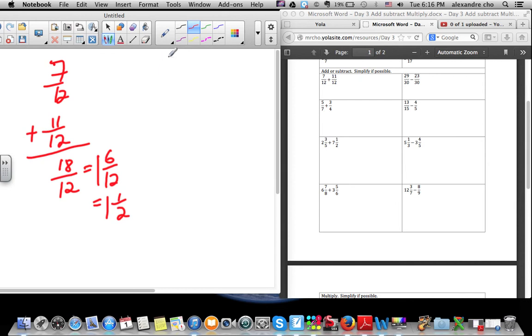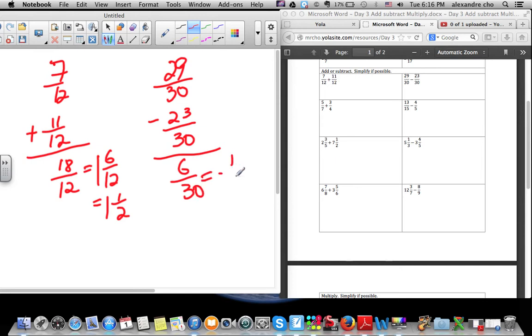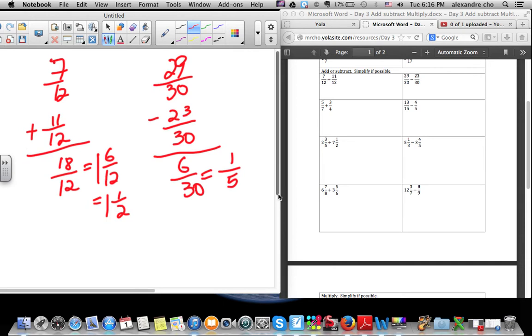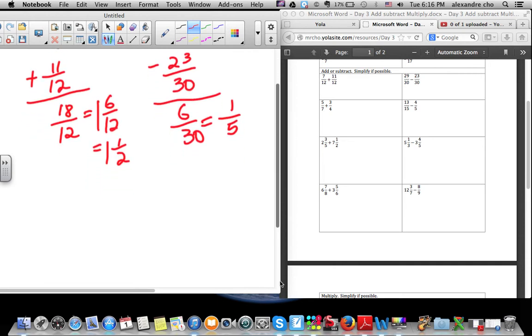29 over 30 minus 23 over 30. Okay, the denominators are the same, so here, not much to do. 29 minus 23 is 6 over 30, and 6 over 30 can be simplified to 1/5. Divide top and bottom by 6. Okay, and then we have,